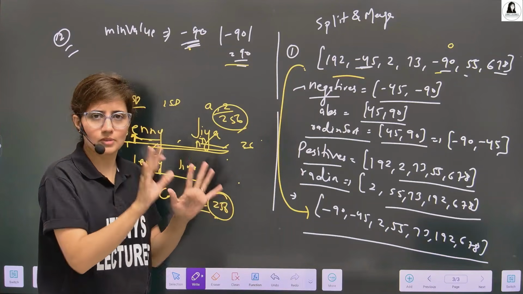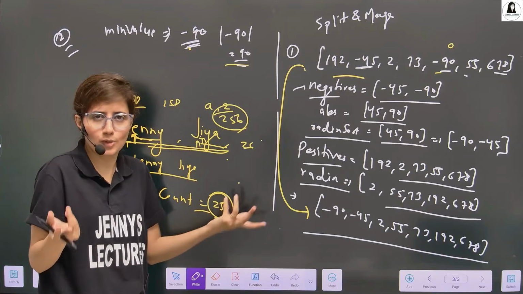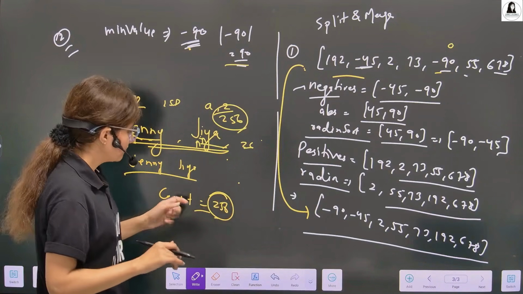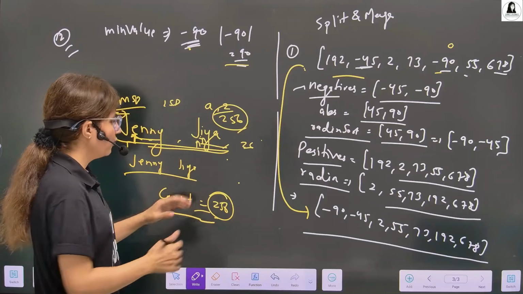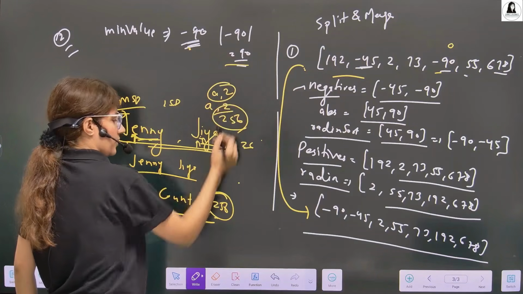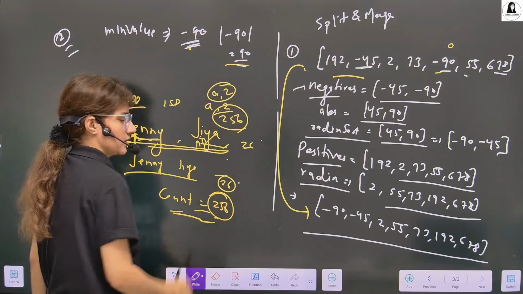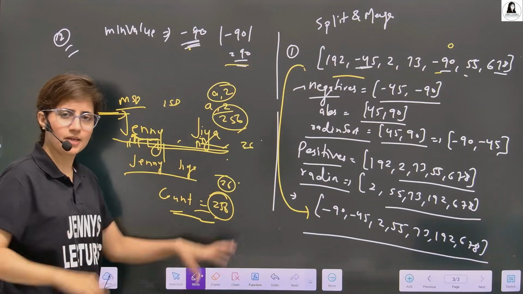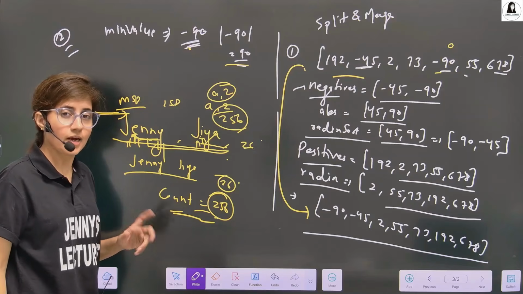So a total of 256 you can take. It's up to you. But if you want to try, you can take only A to Z and just take a count array of size 26. And based on digit by digit, you apply the same process. I hope you can do this.